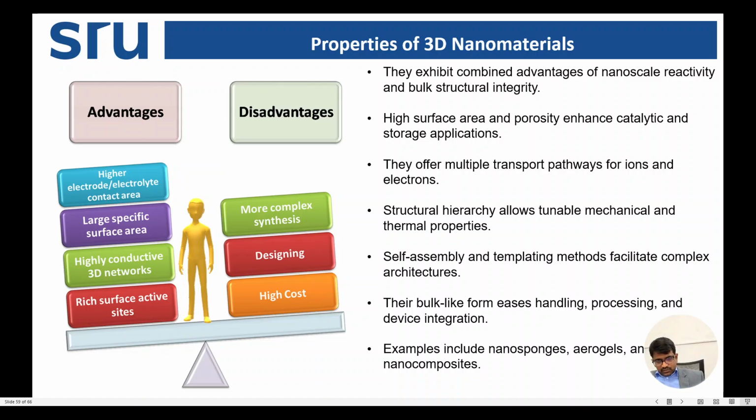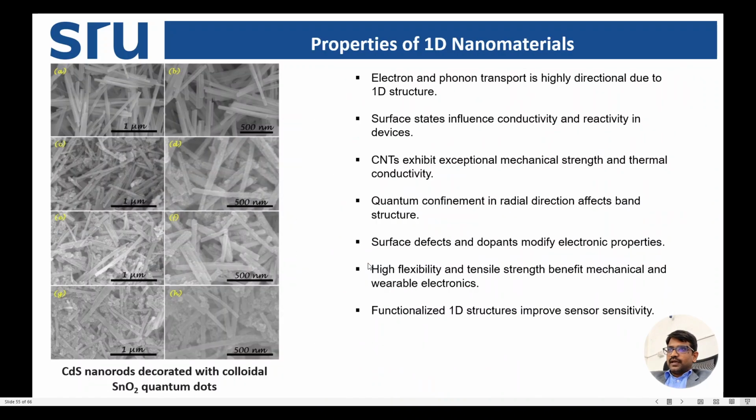Now we will compare all the materials: zero-dimensional materials, one-dimensional materials, 2D materials, and 3D materials. So in this lecture, we have discussed so far three types of nanostructures, and we have discussed the